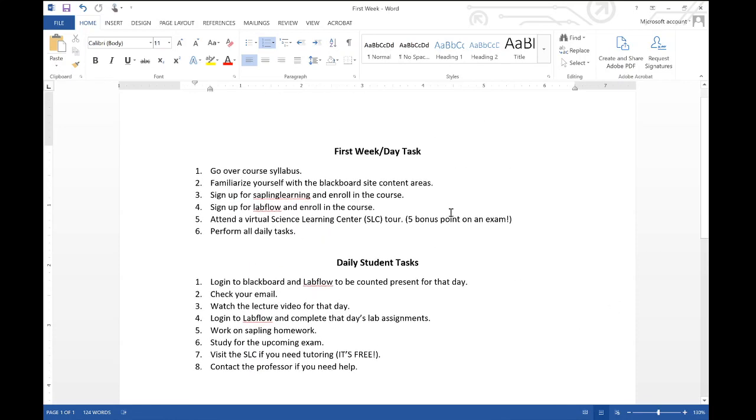I will post this little sheet on Blackboard. I just came up with this today. I thought it would be helpful for you to have some guidelines, or a guide as to what you're supposed to do. I will leave this as a Word document for you, so if there's a bullet point or a number that you come up with that helps you, you can just add it in here. You don't have to ask me for a Word document. I'll just give it to you.